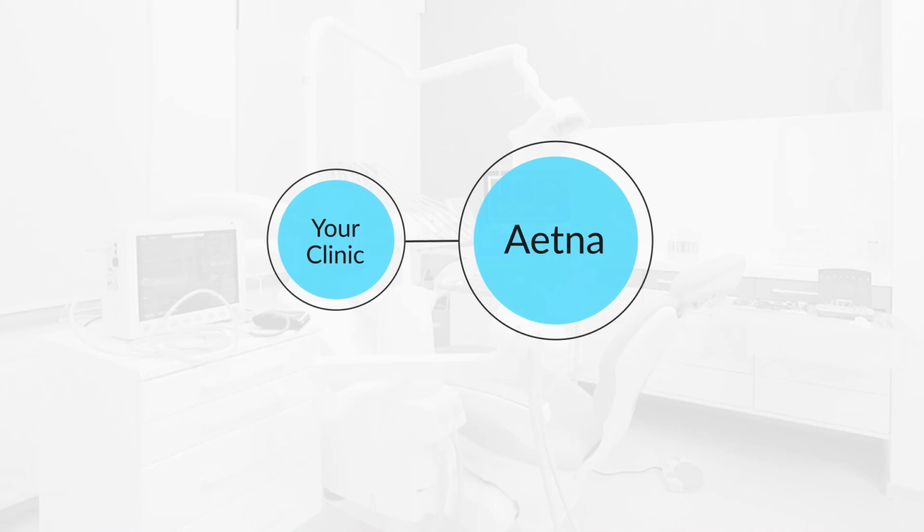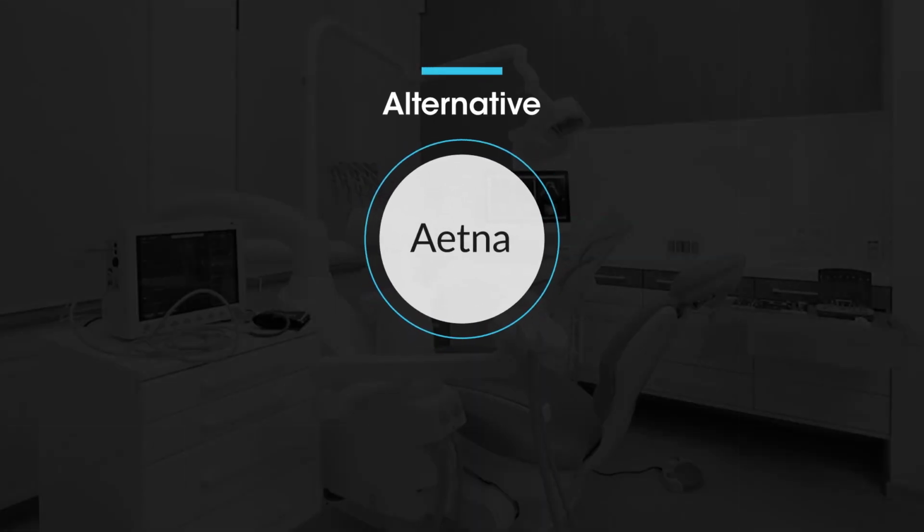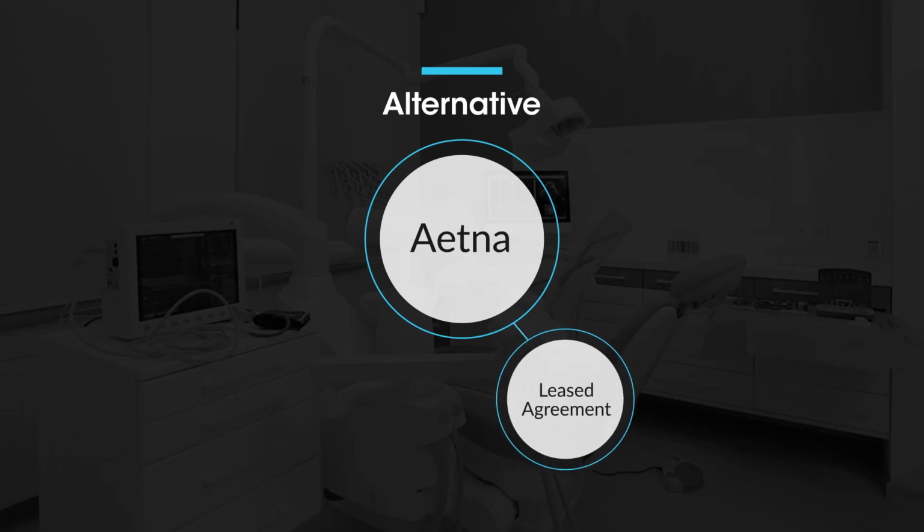So we reach out to Aetna. Aetna gives us a set of fees that are not necessarily feasible for us to work with. We have overhead, we have expenses, and we want to be properly compensated for the work that we're doing for our patients. Another alternative would be we can figure out if Aetna has a lease partnership agreement with other companies